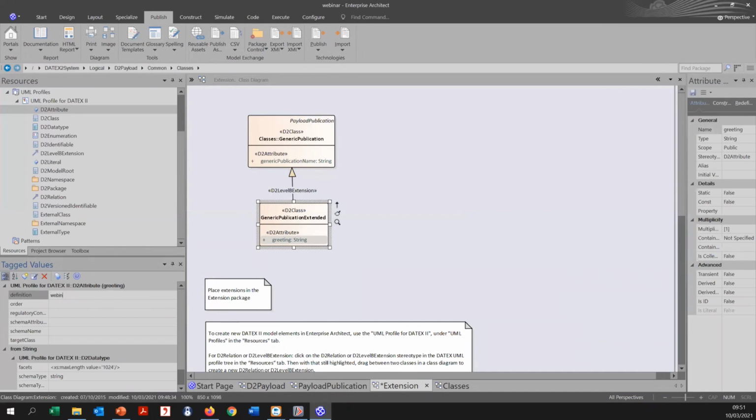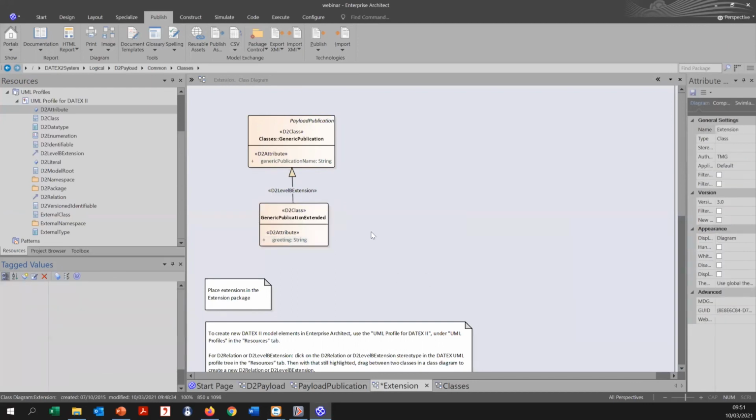Definition, webinar, def. If you define attributes, you have to give them an order, but there is only one attribute, so just give it, let's say, 0. Now I've created a valid DATEX model. I save that, and this is a level B model. So I can now save that